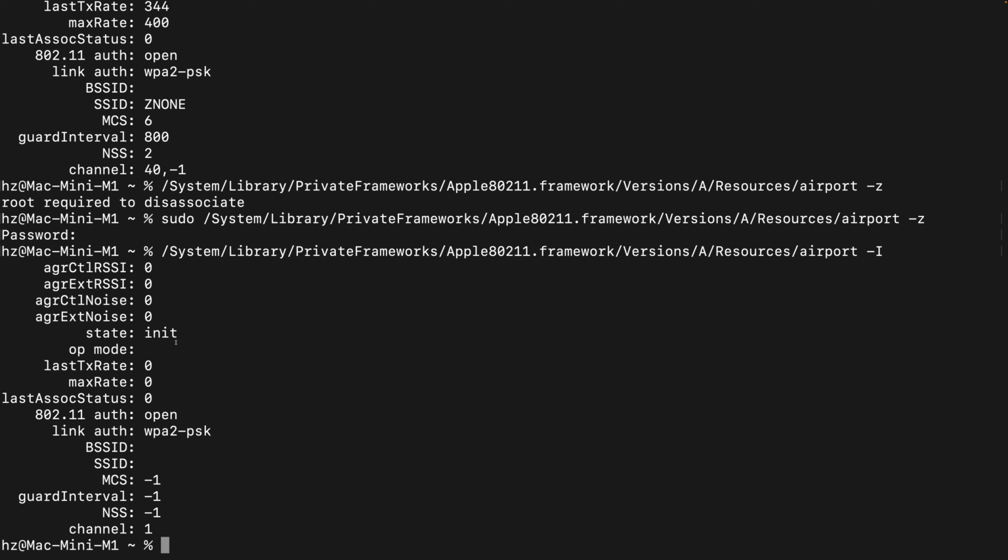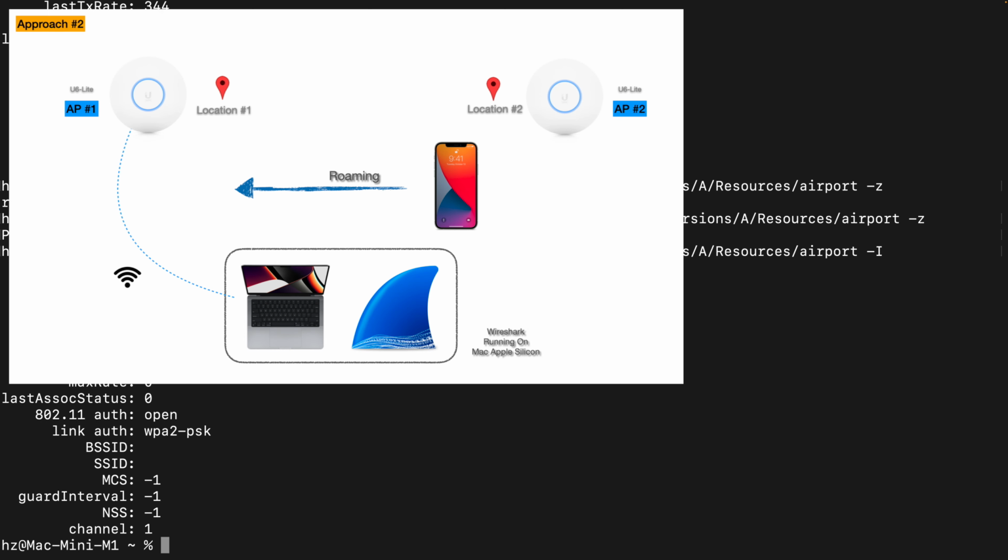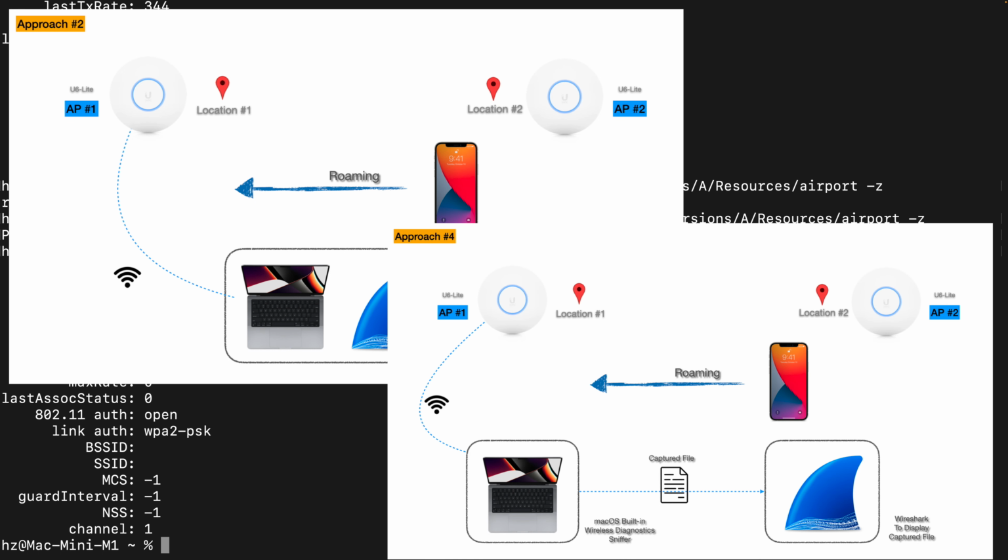The current state means it's already not associated with the SSID. Association is the keyword here. In approach number 2, the root cause it didn't work was the OP mode was not really monitor, and at that time the Wi-Fi adapter was still associated with the SSID. That's why the Wi-Fi capturing didn't work, and that's why in number 4 it worked, because somehow the internal tool